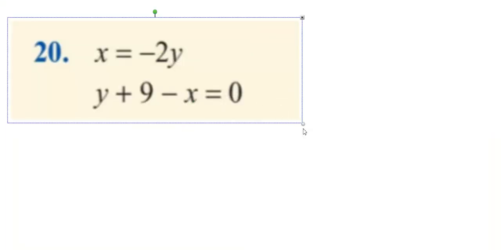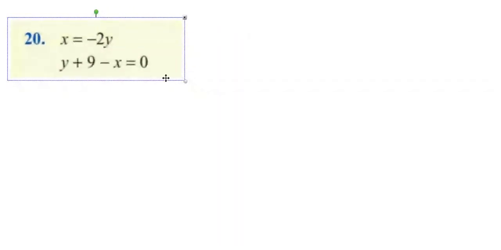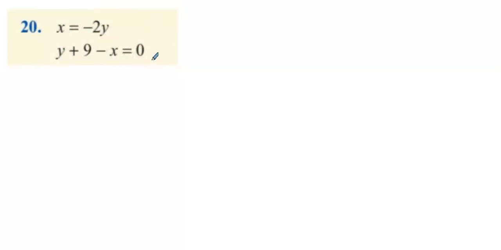Question 20 is pretty similar to the other one. We move the 2y over the other side and it becomes a plus 2y, so we get x plus 2y equals 0. Next thing we do after that is we bring the 9 to the left and it becomes y minus x